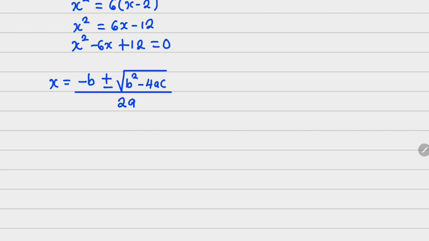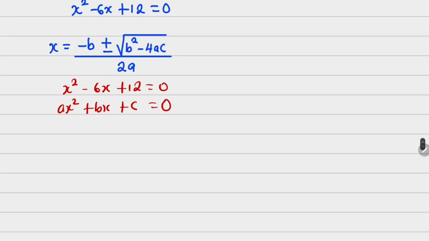How do I get my a, b, c? Recall that if the equation is x squared minus 6x plus 12 is equal to 0, the general quadratic equation is ax squared plus bx plus c is equal to 0. Comparing coefficients, you can find that a is equal to 1, b is equal to minus 6, and c